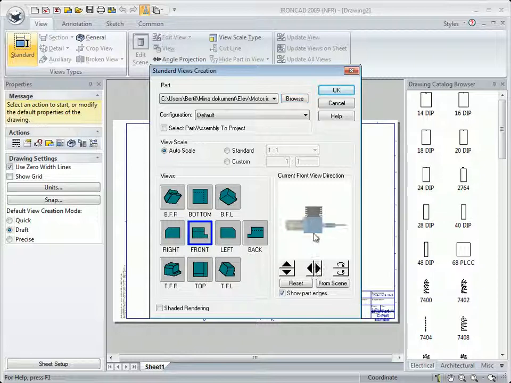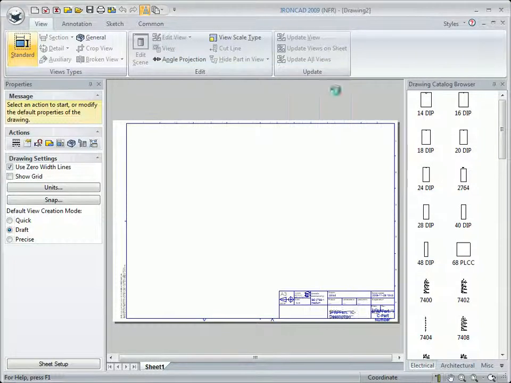We click once this button and then once this button, so we can see the engine from the top. And we will select this view, and the scale will be select standard and 1:1, and then we click OK,